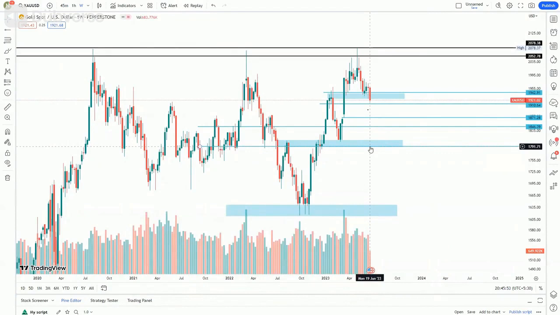Now I will tell you the first possibility. If the market wants to buy to take a pullback from here, then it will first test 0.5%, which comes at 1845 zone. In case the weak candle closes below this, if the weak candle is something like this, and it closes like this, then it will try to buy the 0.61 golden ratio.